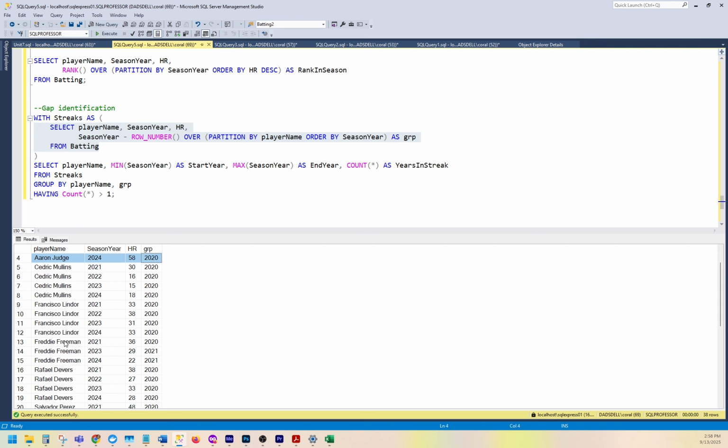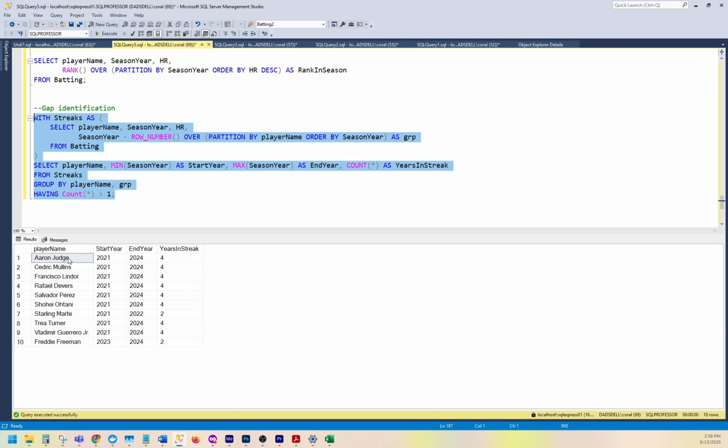For Freddie, you can see here the 1 year, and then with the gap, there's no 2022, and then the 2023 season, you can see the grouping goes only back for 2 years, and then it is consistent. This command will allow us to identify the gap in Freddie's service, as well as Starling here, with a gap between 2022 and 2024. When I run this, in fact,